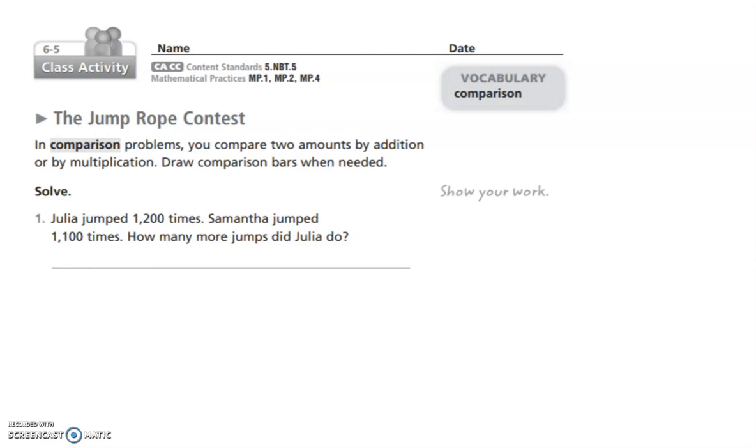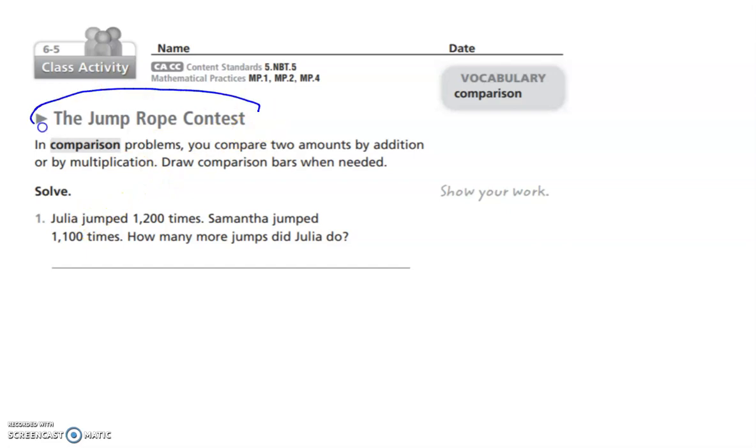So, comparison problems. This is the only one that I'm going to draw a comparison bar for you, because if I'm being perfectly honest, I don't really like them. But I will still show you at least what it means. A comparison bar is showing you how much you have in total, and then how much you need in order to get to that next number, if that kind of makes sense. So this says,